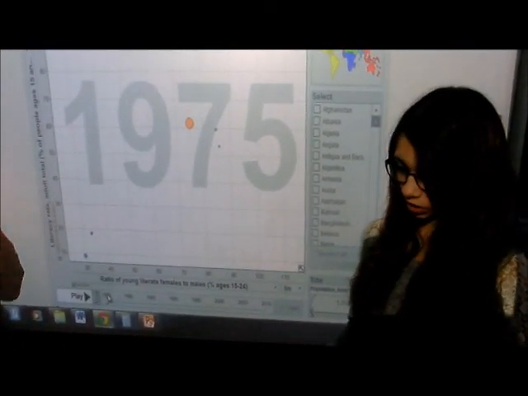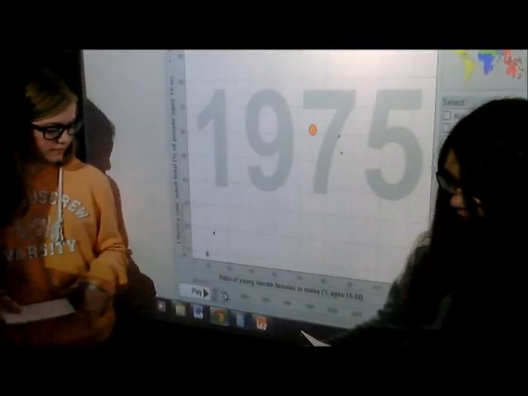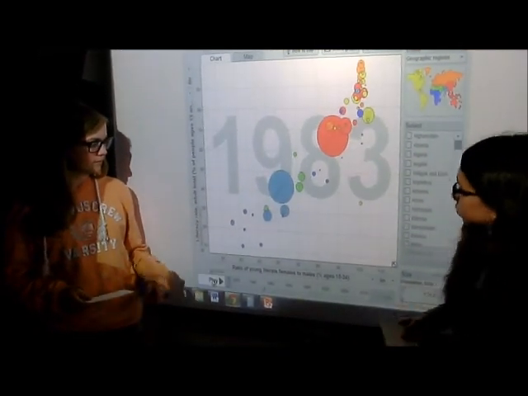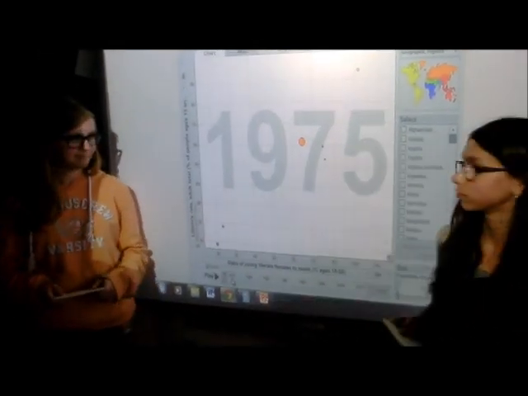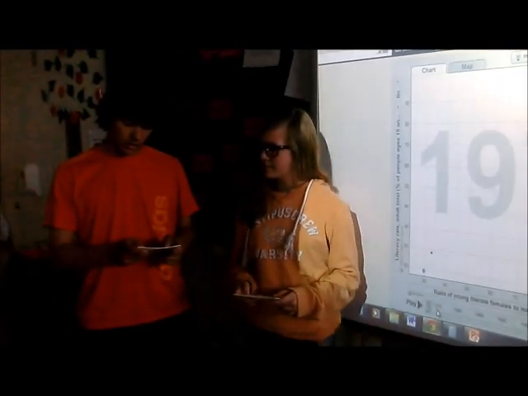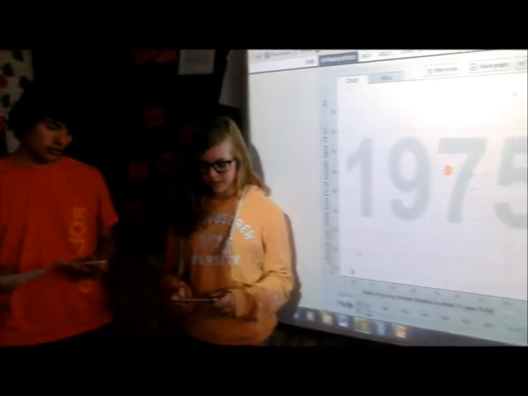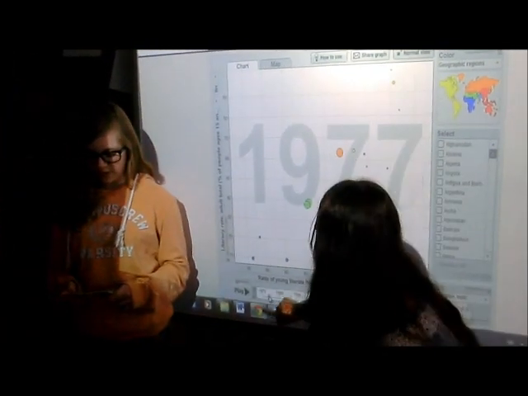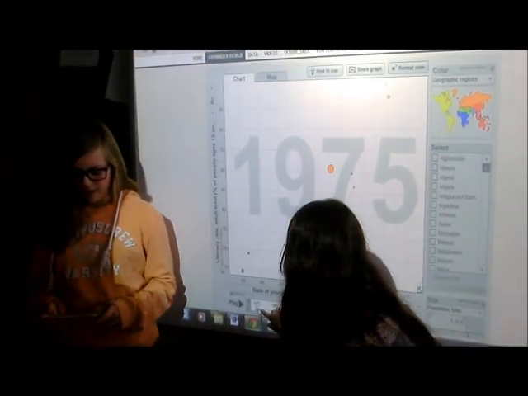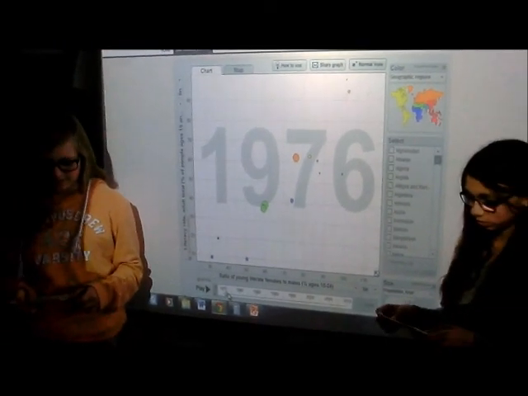The poorest countries have unfair equality and literacy, such as Africa. In 1975, in Burkina Faso, the ratio of young literate females to males was 30, and the literacy rate was only 8.7, not even 10. Within just a year more, countries slowly started to move up towards a literacy rate of 60, but Africa is still near the bottom of the chart. The ratio of young literate females to males